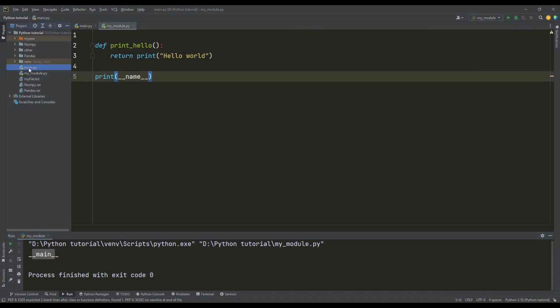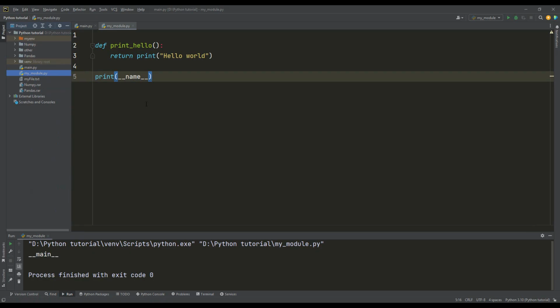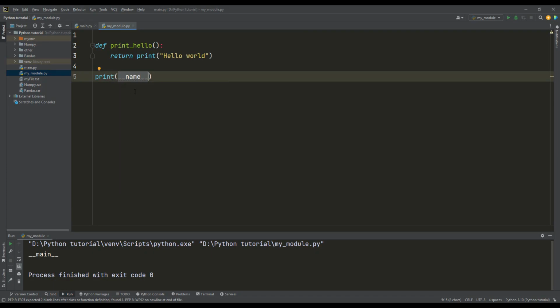So the previous main will no longer apply, because I am running this script now. So the value of this special variable name is dynamic, meaning that whenever we execute a file, the file that I am executing now becomes main. So take care of that.